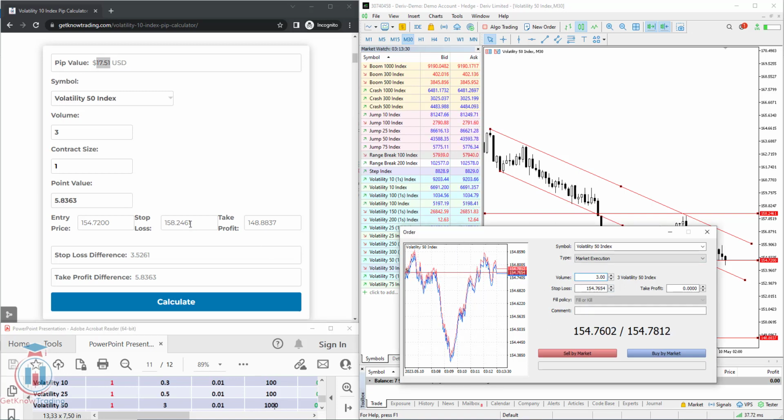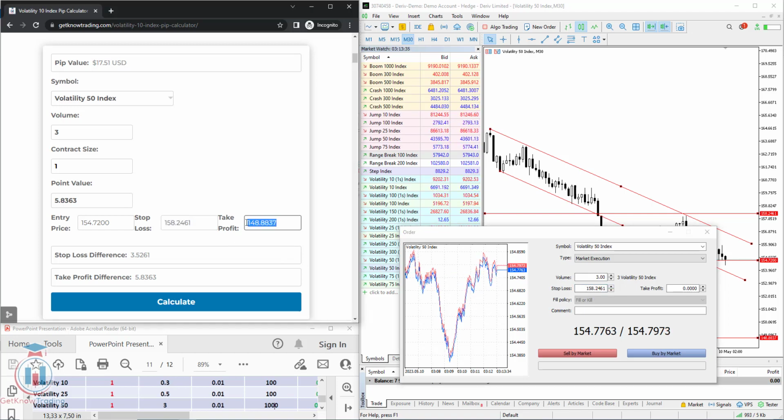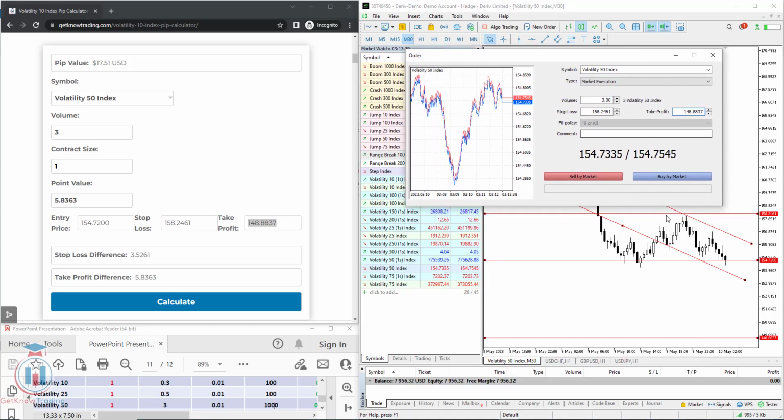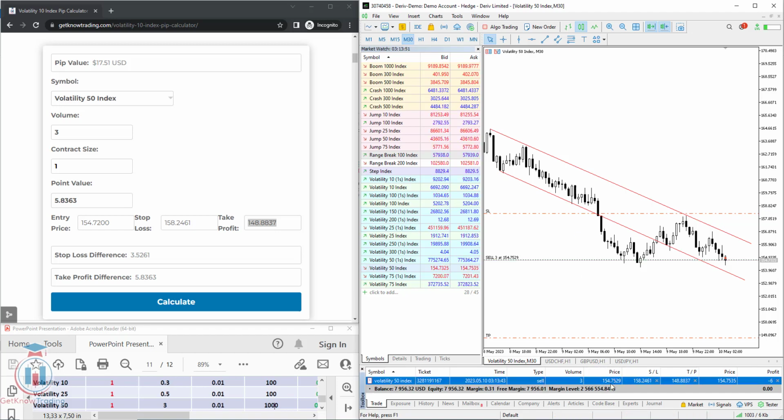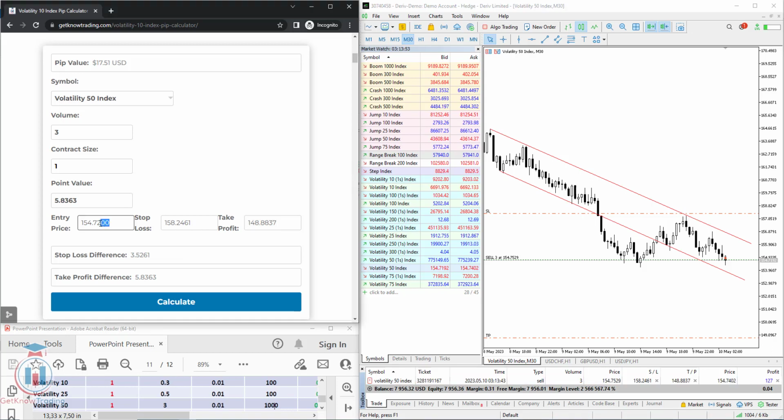The stop loss would be this one, and the take profit would be, copy paste this one here, and we open a sell order because we are expecting that the price is going down. Sell by the market. Okay, these are the values. Just a minute, I need to remove these lines. So enter the market price, which is here,